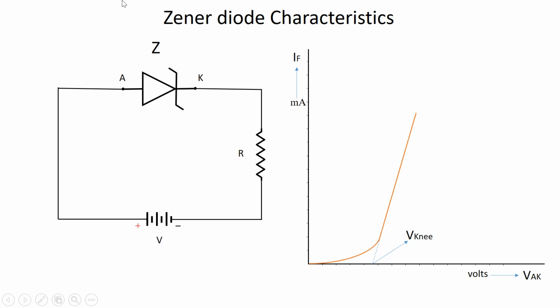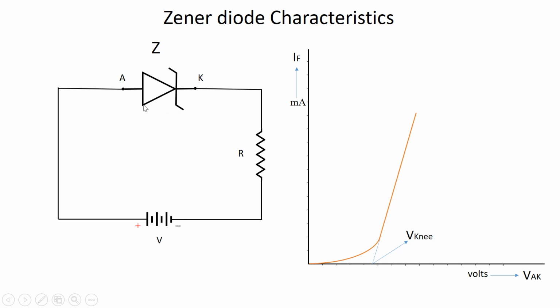The symbolic representation of this Zener diode is shown in the circuit diagram here and is represented by the letter Z. The anode A is of the P type and cathode K is of the N type semiconductor material. Now when this anode is connected to the positive terminal of the external battery and cathode is connected through this resistance to the external battery negative terminal,